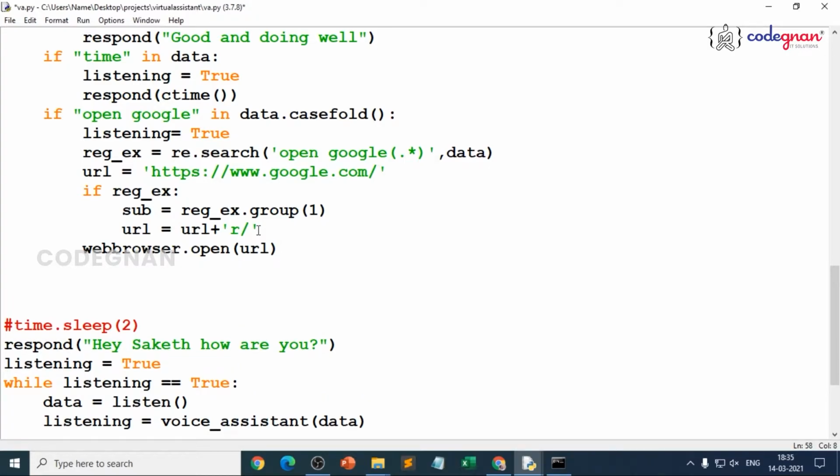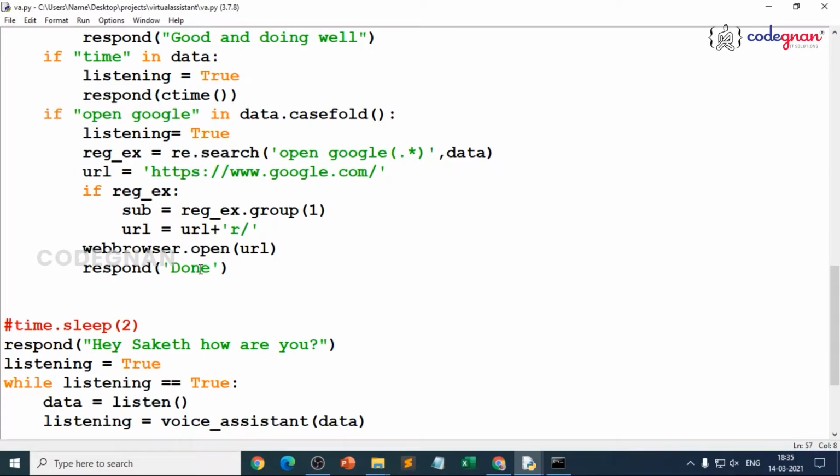So finally I'll respond with true. Once it is done, you should see the result as done. That means whenever you say open Google, it should search with the given pattern. That is, star is nothing but a single letter also it will take, but plus should have more than one letter. That is the main difference. We have given the URL and we are just grouping it. Once we have grouped it, we are telling it to open the web browser. That's where the dot open function will be used to fetch the result.